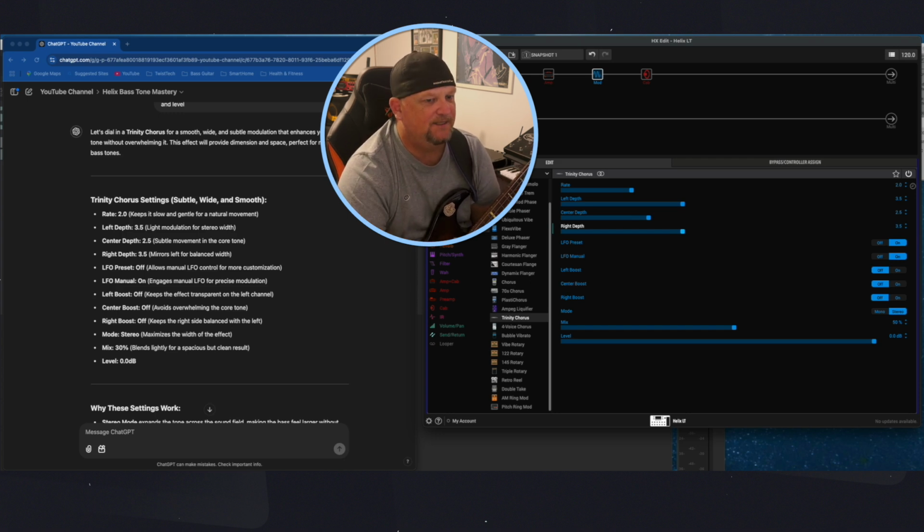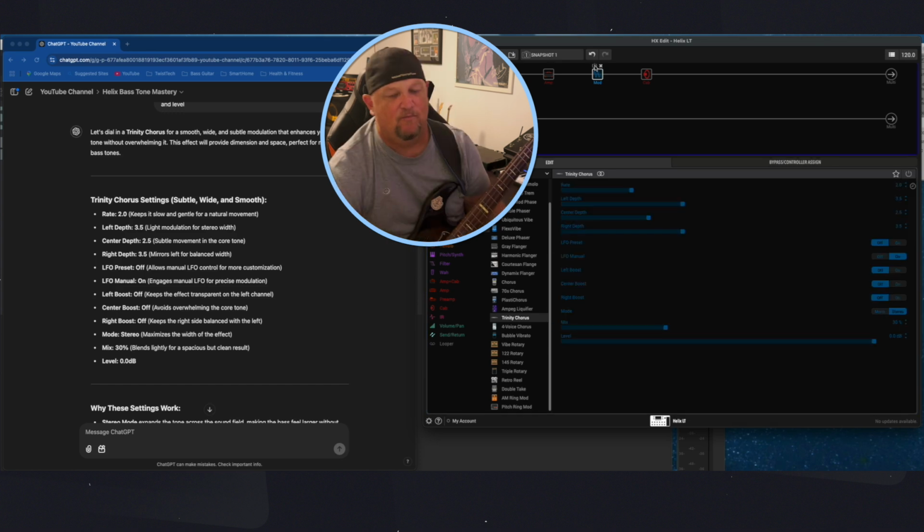The LFO preset is off to allow me to do manual control. So manual will be on. The left boost is off to keep it transparent on the left channel, center boost is off to avoid overloading the core tone. The right boost is also off to keep the right side balanced with the left. I'm going to go with stereo to maximize the width, put the mix at about 30% and leave the levels there. Playing with it off,